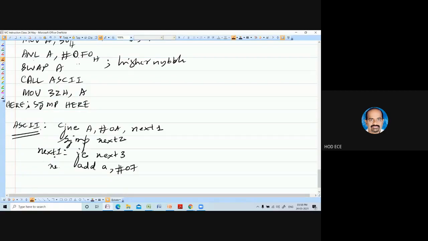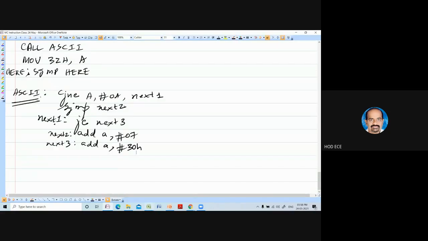So this is your next 2. So this is the next 3. Add A with #30H. Return. That's all. Simple program. After writing this subroutine, finally write END.